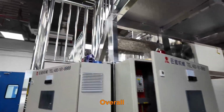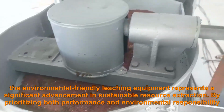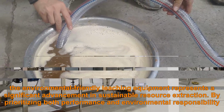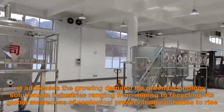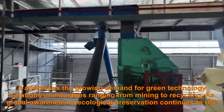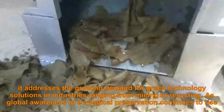Additionally, overall, the environmental-friendly leaching equipment represents a significant advancement in sustainable resource extraction. By prioritizing both performance and environmental responsibility, it addresses the growing demand for green technology solutions in industries ranging from mining to recycling. As global awareness of ecological preservation continues to rise,